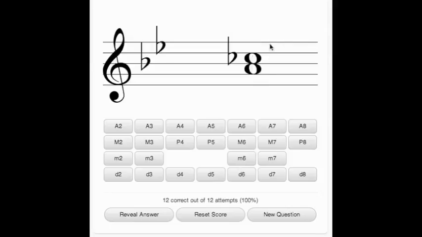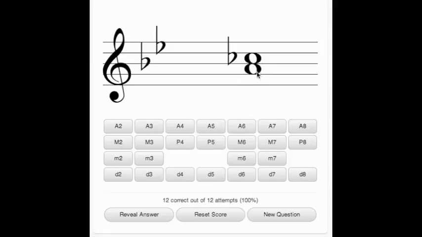Fantastic. Okay, so in this case we've got an A to C flat. Let's work through this one then, because this could be quite interesting. We've got A, B, C, so it's 1, 2, 3. We know it's a third of some description. Now, if we